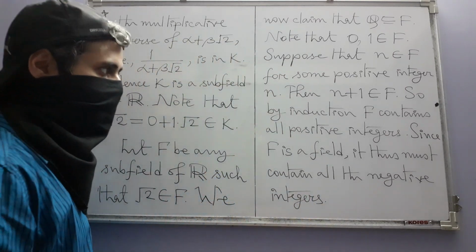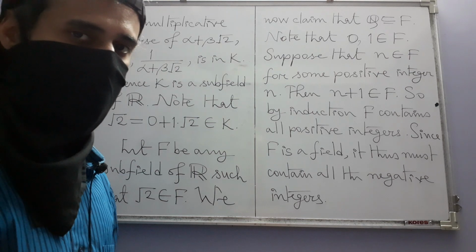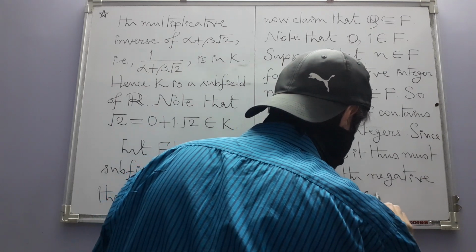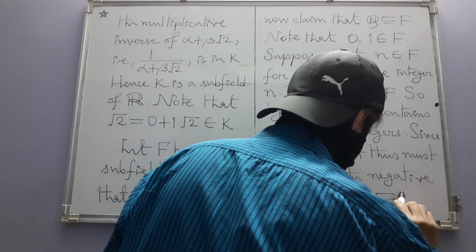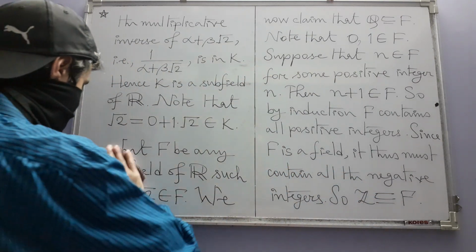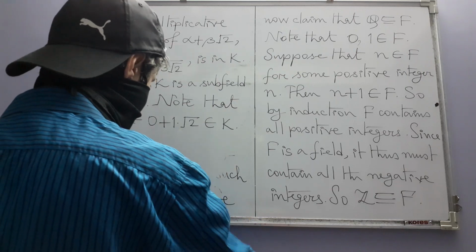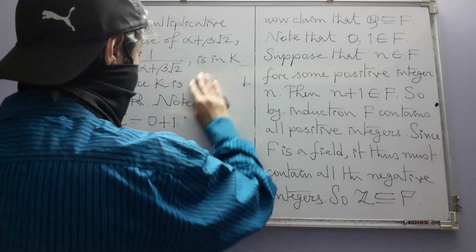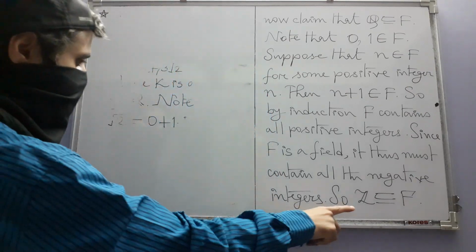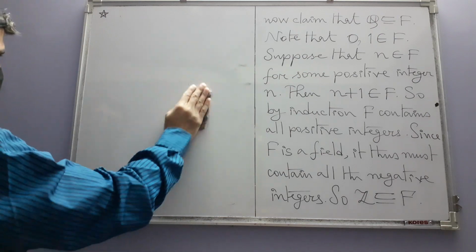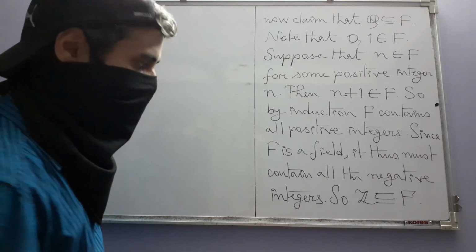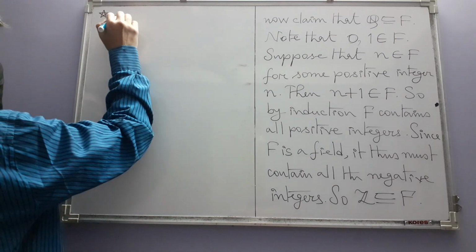So what is the conclusion now? Now the conclusion is that F contains all the integers. So the set of integers is a subset of F. But now you use the multiplicative structure of F, because it's a field, in a similar manner and conclude that because of this, F also contains the quotients of all integers, where of course the denominator is non-zero. This implies